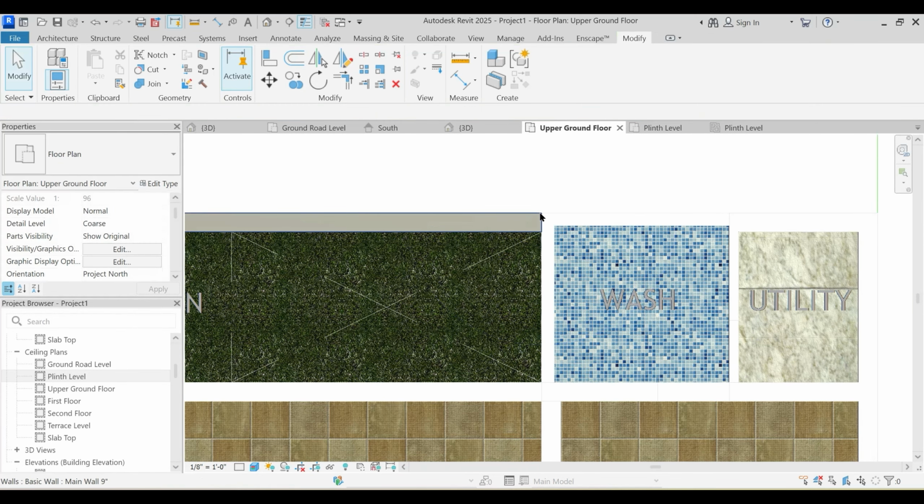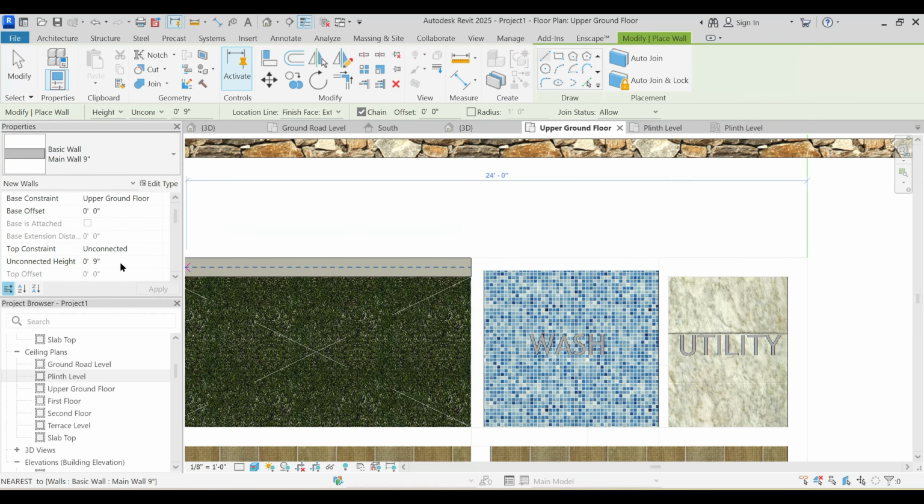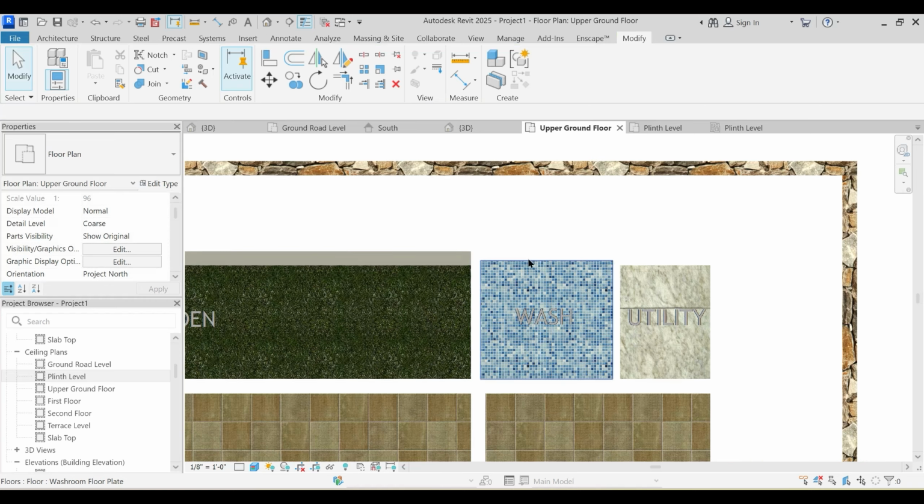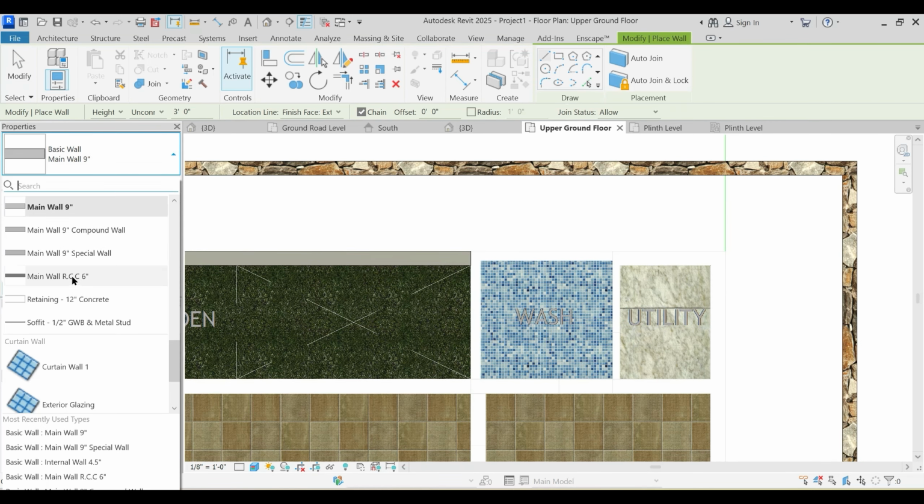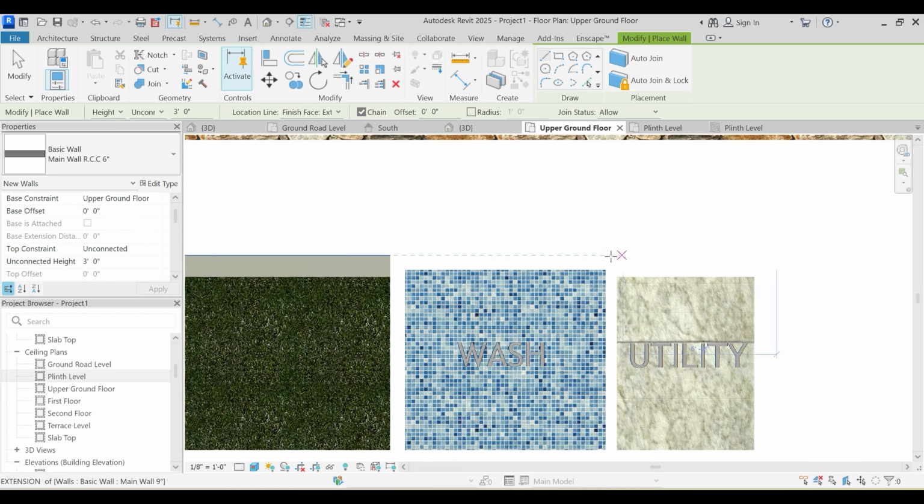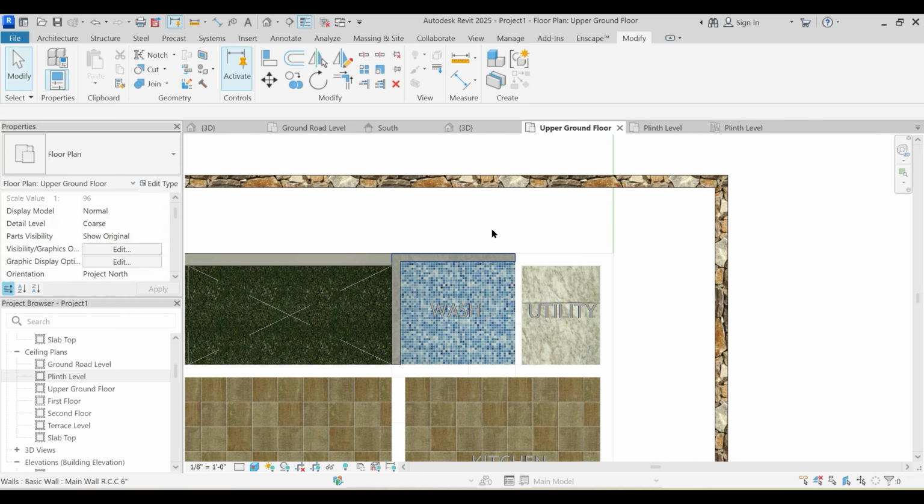Okay, and CS, and here this would be 3 foot because of the watch area. Oh, actually, this is the RCC wall. So RCC for B. So let's say that main wall, with the unconnected height of 3 foot, 1 to 2. Okay, and this would be again